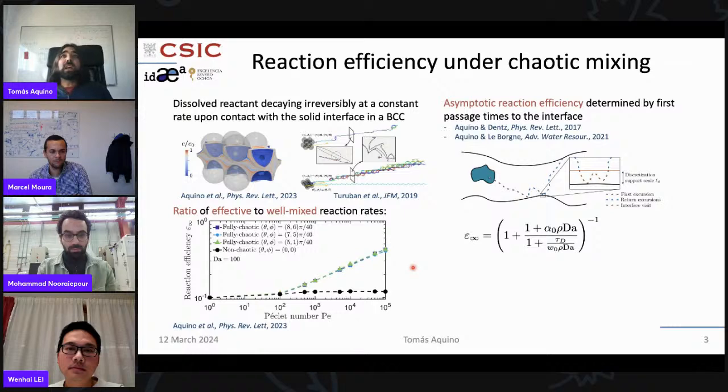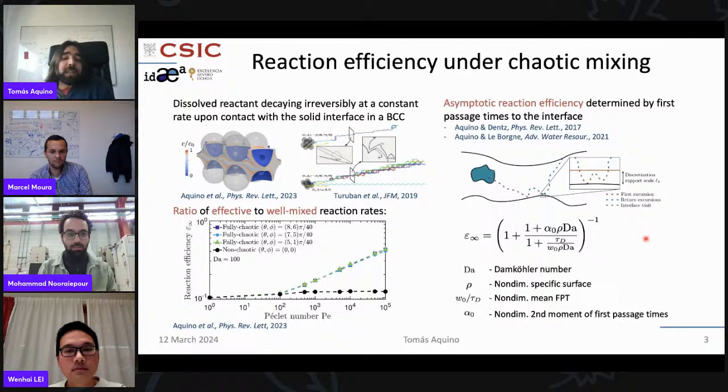And for this, we built on a theoretical framework, which we call the chemical continuous time random walk, which essentially just takes into account the impact of reaction delays in determining the reaction rates. And in this case of fluid-solid reaction, the reaction delays come from the time that it takes for the solute to reach the reactive interface, and then also eventually to come back until the reaction actually happens, depending on the actual reaction.